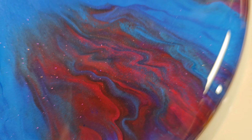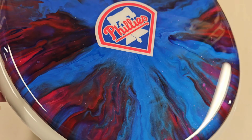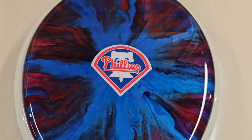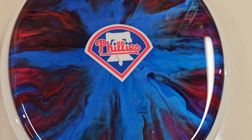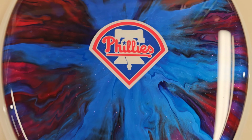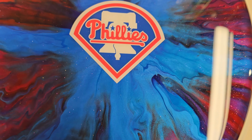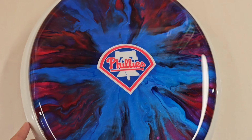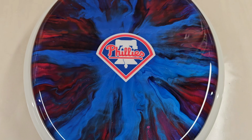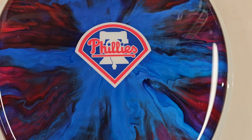Oh, la la la la. It's so pretty. Oh, it's so pretty. Now, this sign came from Etsy. I don't know if it's trademarked or not, but it looks fairly legit to all of the Phillies logos that I've ever seen. So I'm not 100% sure on that. And as most of you know, I'm not a Philadelphia sports fan. But that being said, I think this came out